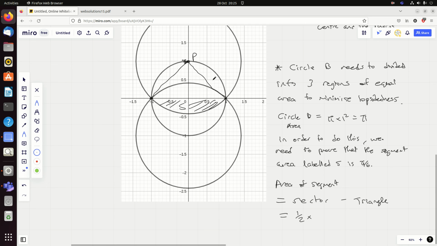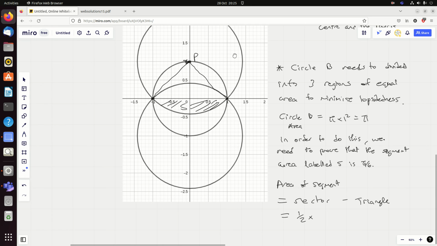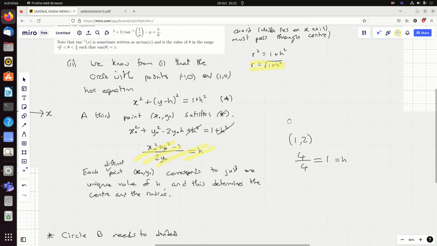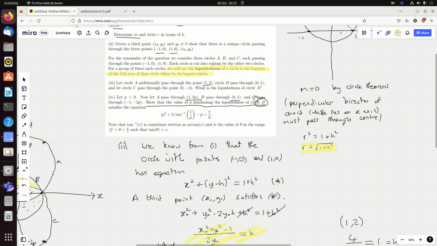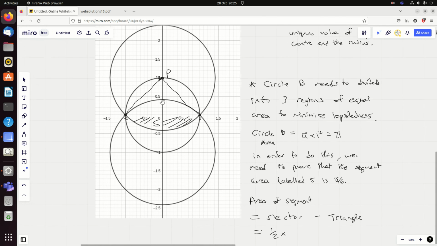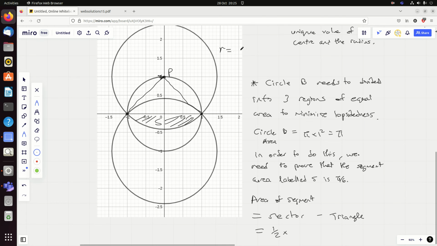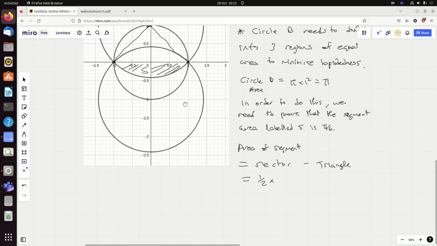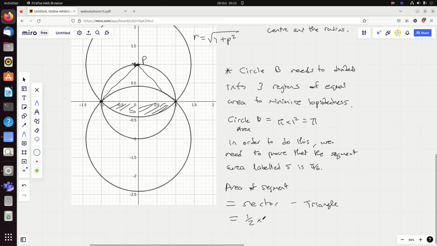Now, remember, this circle actually has a radius of, let's write these important facts down because we're not dealing with one with a radius of 1. We've got 2p. And so do you remember I said h was p, and therefore this is going to be root 1 plus p squared. So I'm going to write down r equals root 1 plus p squared. And so the sector area of it is going to be a half r squared, which is 1 plus p squared,